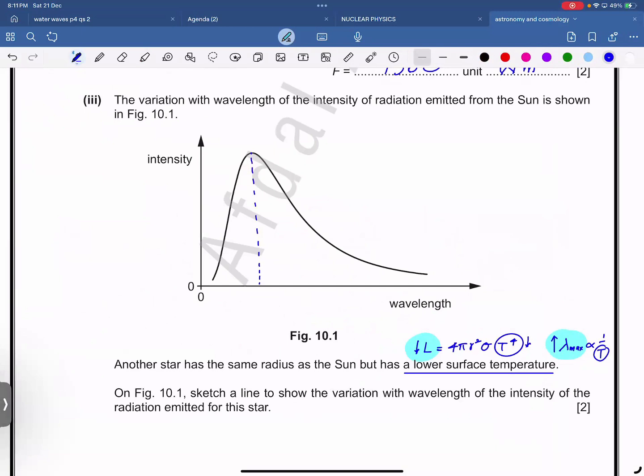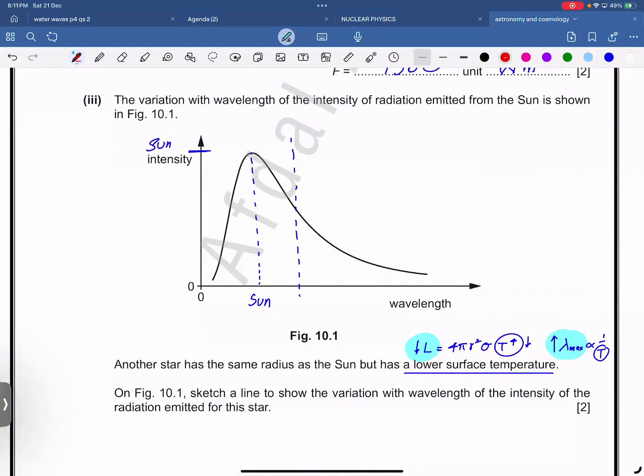This is for the Sun. So for another star, how do I know whether the peak will be on the right side or the left side? Lower temperature means more wavelength. We already did a similar question a while ago. So the other peak might be somewhere on this line. Since the peak intensity here is for the Sun,